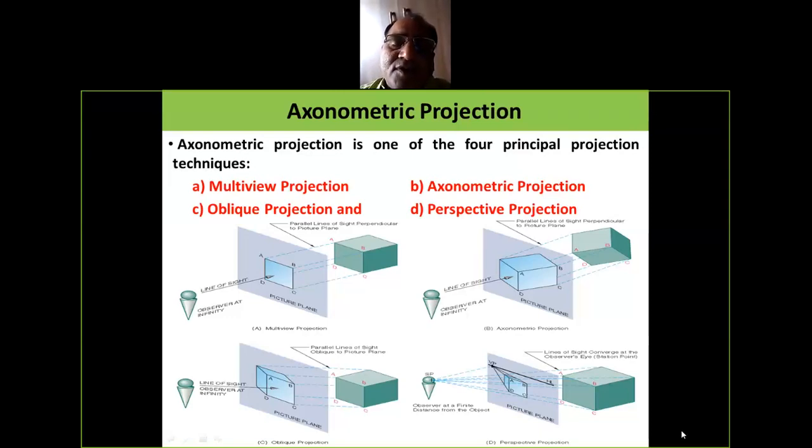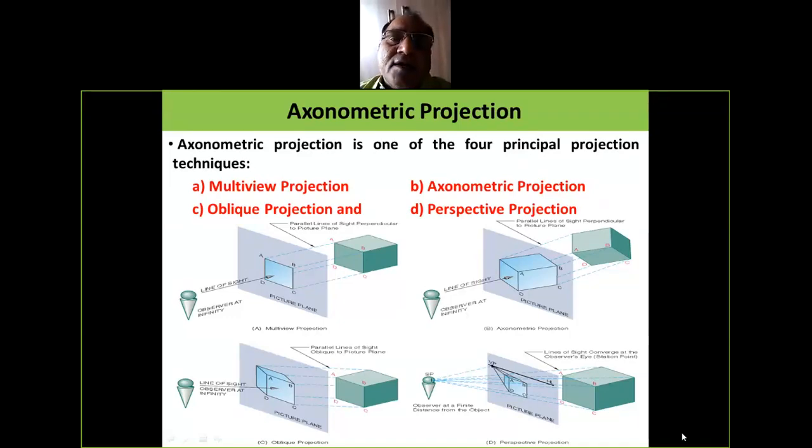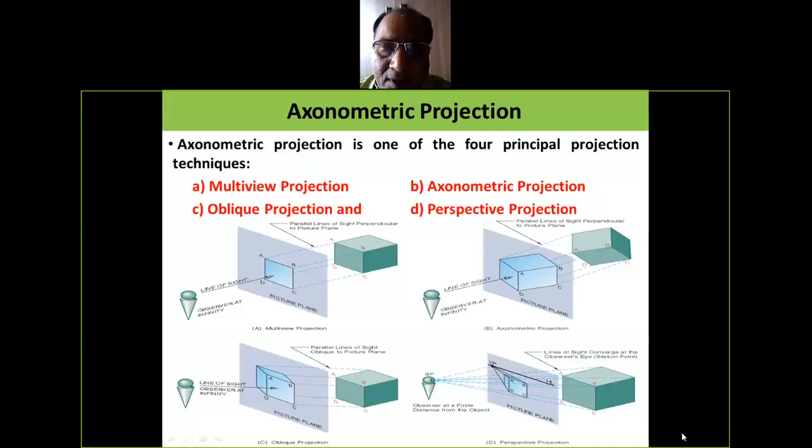So isometric view is a type of axonometric drawing or projection, which is a type of orthographic projection used for creating a pictorial drawing of an object where the lines of sight are perpendicular to the plane of projection and the object is rotated around one or more of its axes to reveal multiple sides.